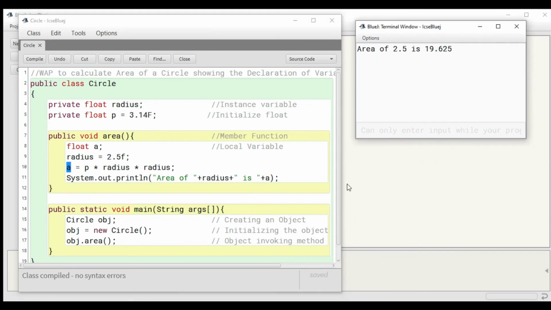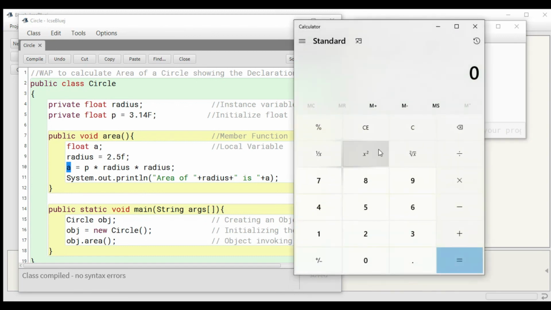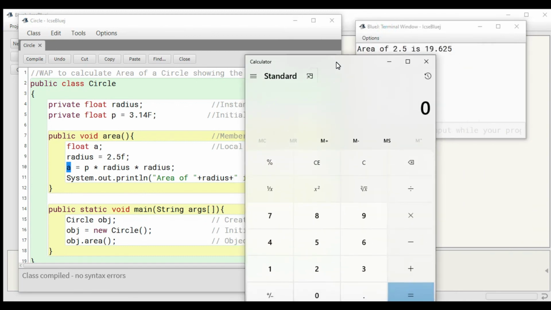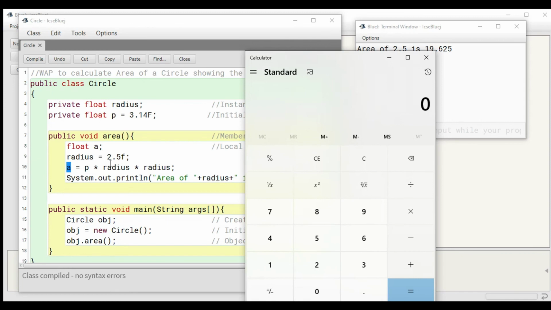To calculate this, let me bring up the calculator as well. So the value of p is 3.14 times 2.5 times 2.5.